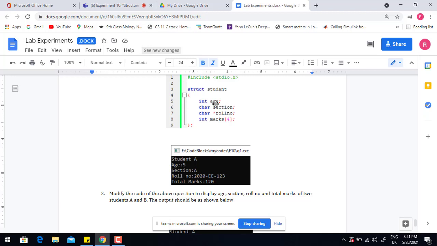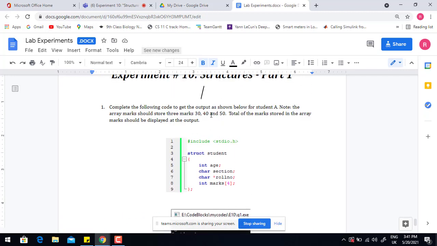The 4 members are age, section, roll number, and marks. And marks is an array of 4 members in which you will store three marks, 30, 40, and 50, while the fourth member will be the null character.